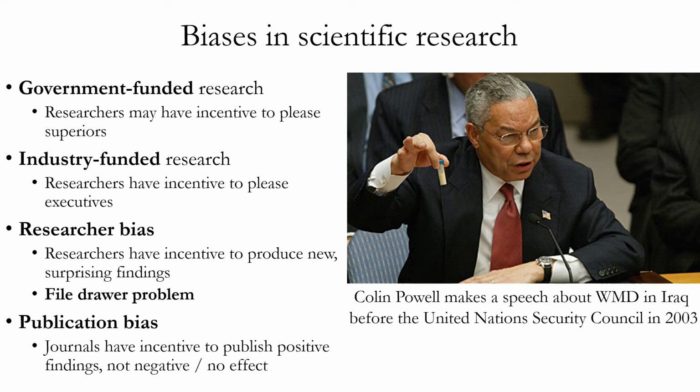Similarly, even at the level of journals which publish particular scientific studies, most scientific journals operate through peer review, which means that before a study can be published, it has to be checked by other researchers who are experts in the type of study it is. And so this can serve as a type of editorial check against information that may be implausible, or against studies that may have a flawed methodology, and so on.